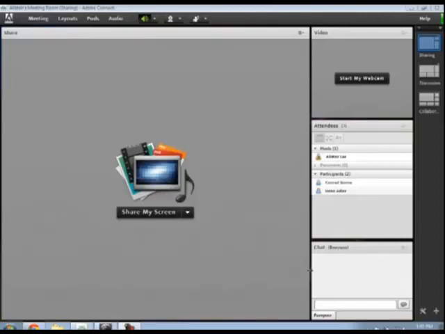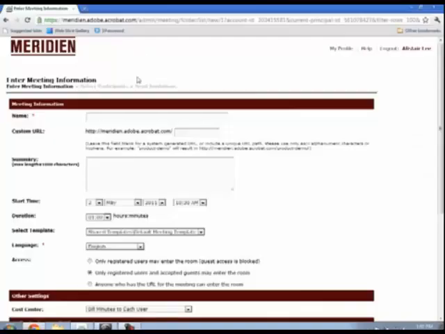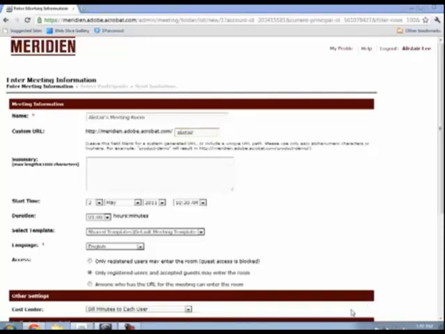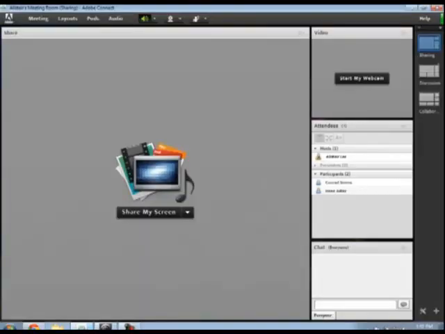These meetings are also persistent, so I can go ahead and use the web interface to create a meeting once, give it a custom URL like my name, and I never have to schedule this meeting a second time. It's always available for me to use. Anything that I upload to the meeting room is also persistent. So if we go back to the meeting room, I can have PowerPoint documents in here, videos, any content I've ever used in my Adobe Connect meeting room is always going to be available for me to use in future